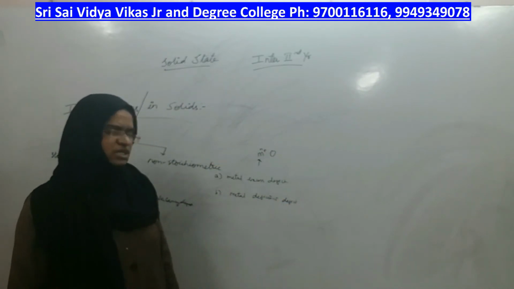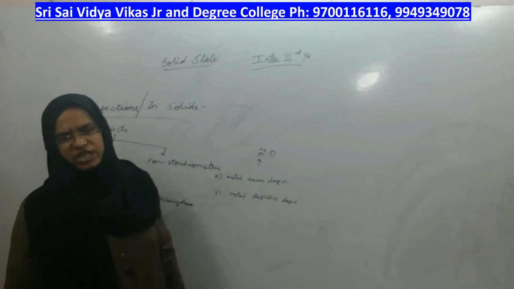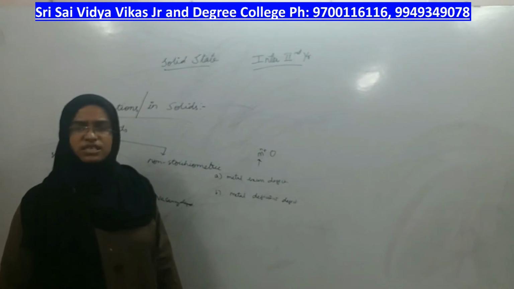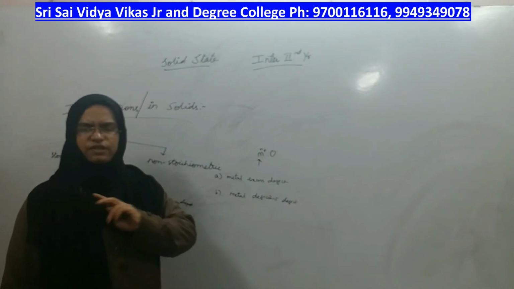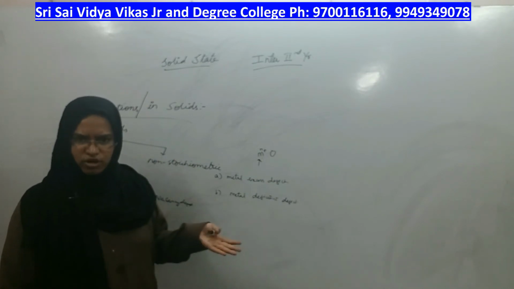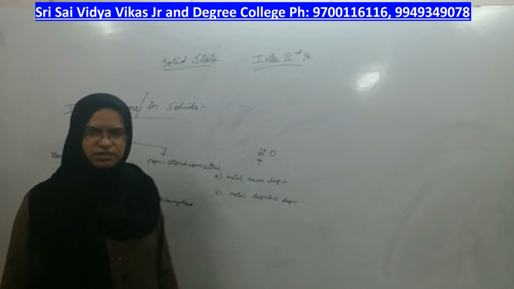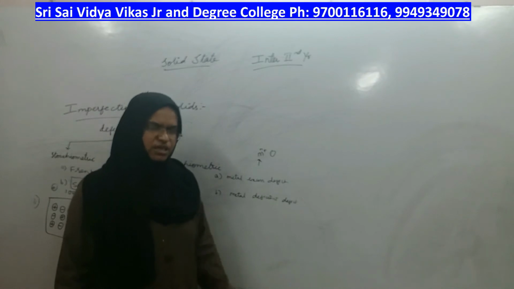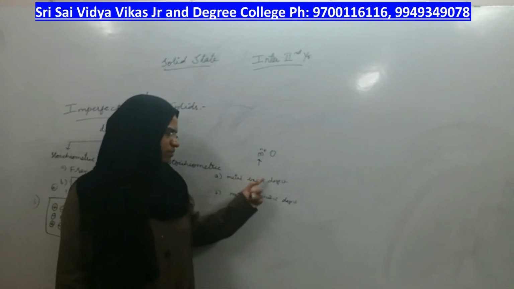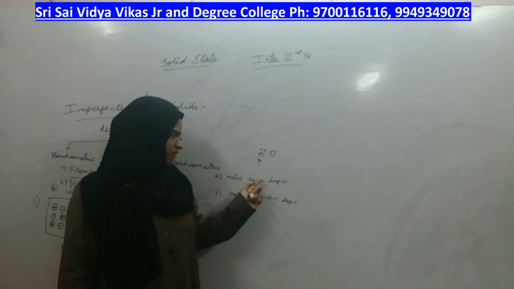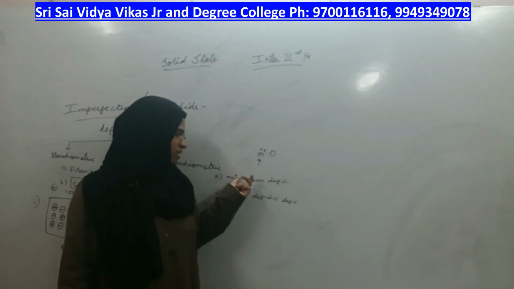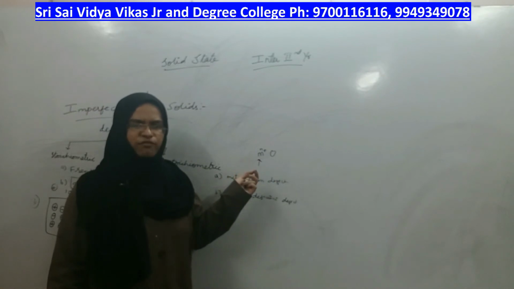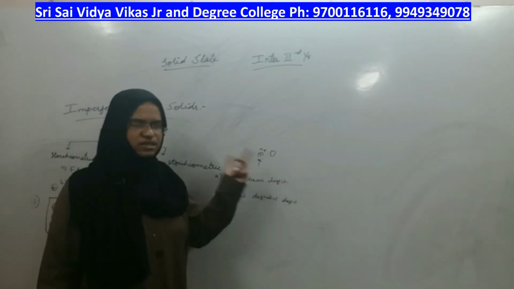In the other case, if anions are moving out of the crystal without doing anything to the cations, metal ions will not change their place, will not come out of the crystal, and will remain in their lattice points only, and only anions come out of the crystal, thereby creating vacancy only by anions, and metal becomes excess or more than anions. Such a type of defect is called metal excess defect, right?